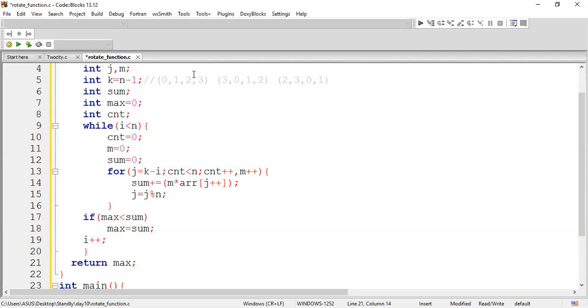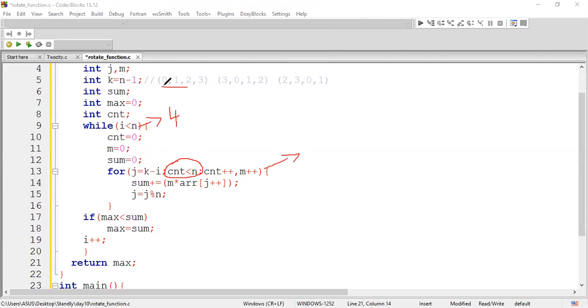So let me repeat what I'm doing here. This is for those many combinations. How many combinations are you going to have? The 4 combinations, right? If the length is 4, I'll have 4 combinations. In this loop, I can start at any point of a given string, but somehow I should have 4 rotations.